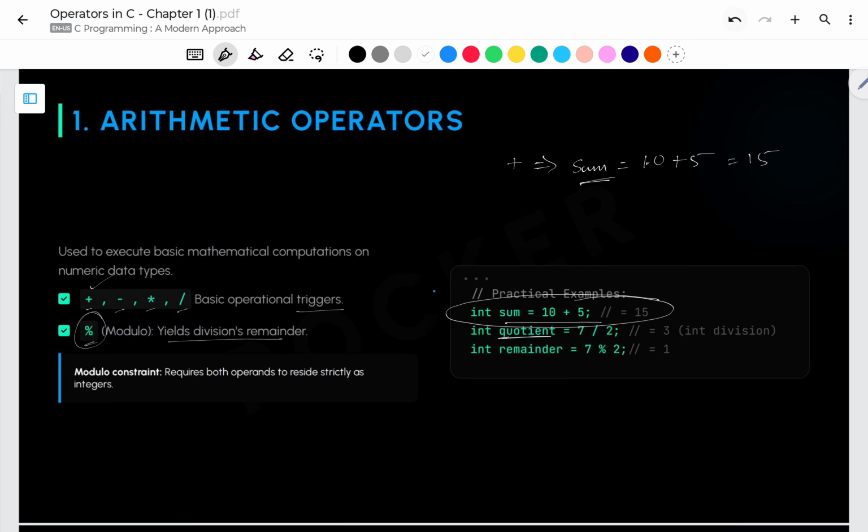The next one is the quotient. So 7 divided by 2 semicolon. The value is 3.5, but it's an integer division. Both are integer values, and the memory where I'm storing also stores an integer value only. So 7 divided by 2, the answer is 3.5, but since these two numbers are integers, it will only keep the value 3. So the answer 3 will be stored into the